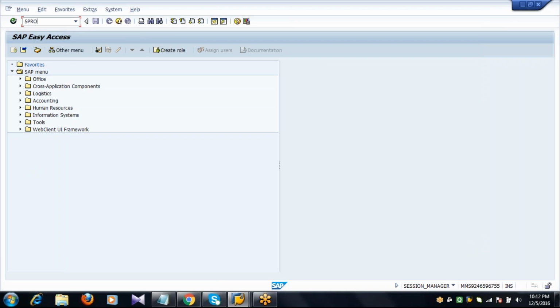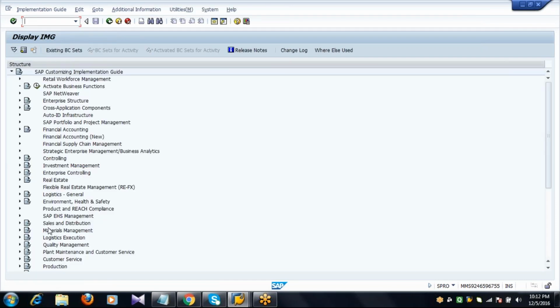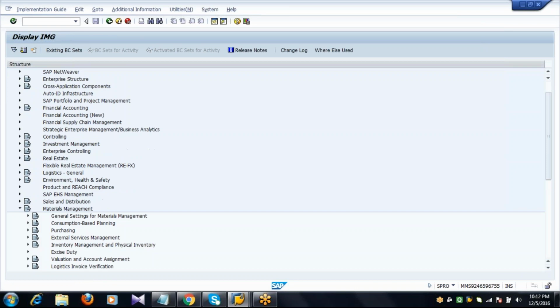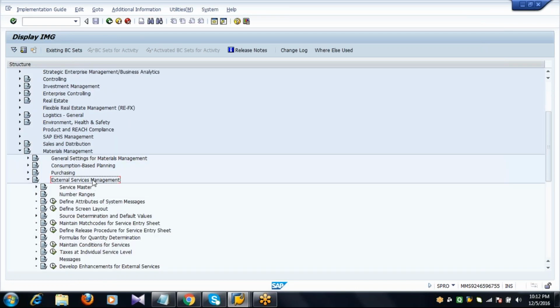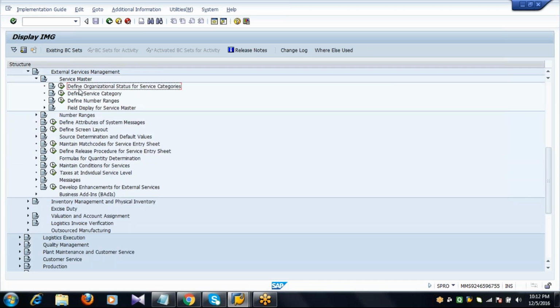So coming to the configuration settings: SPRO, IMG, MM, external services management, service master, define organizational status for service category.